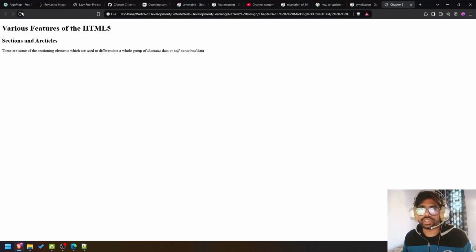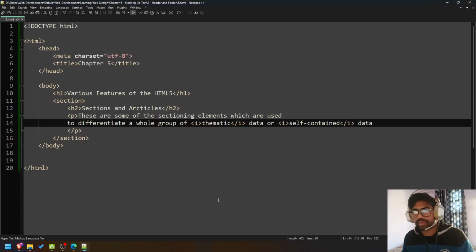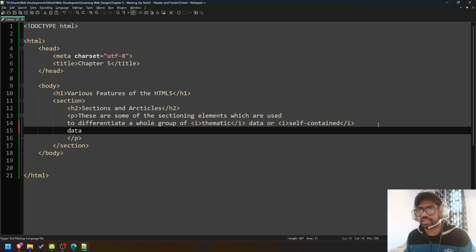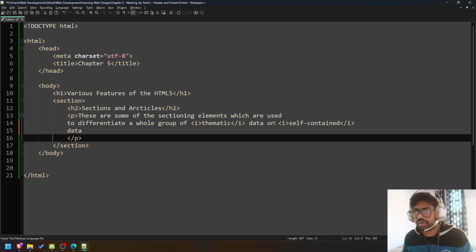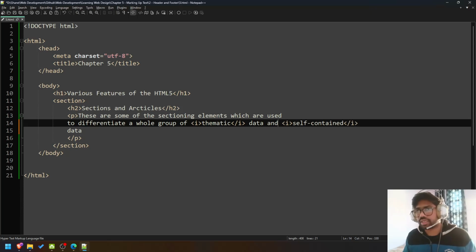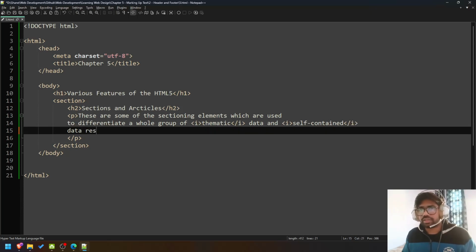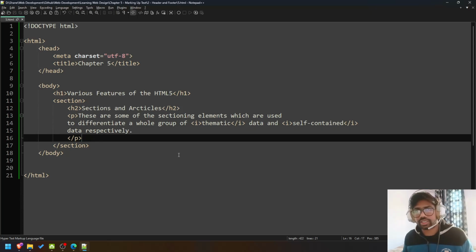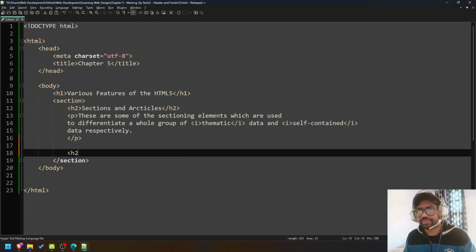That's how it looks now. Self-contained data, and instead of 'and' effectively. Okay, after section we come to